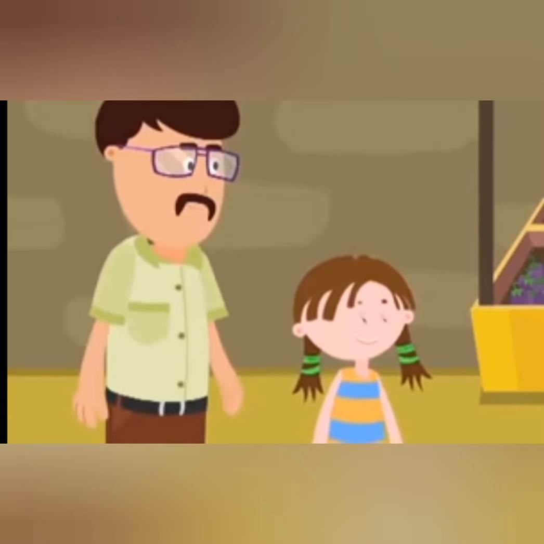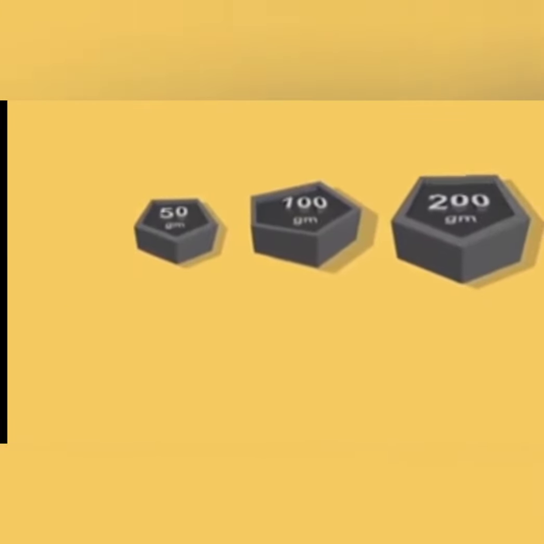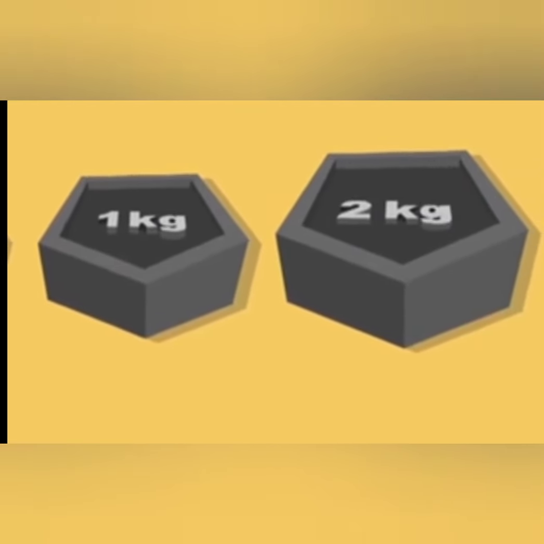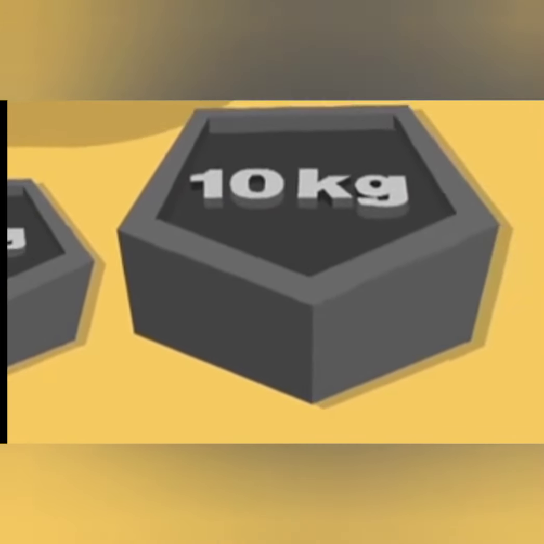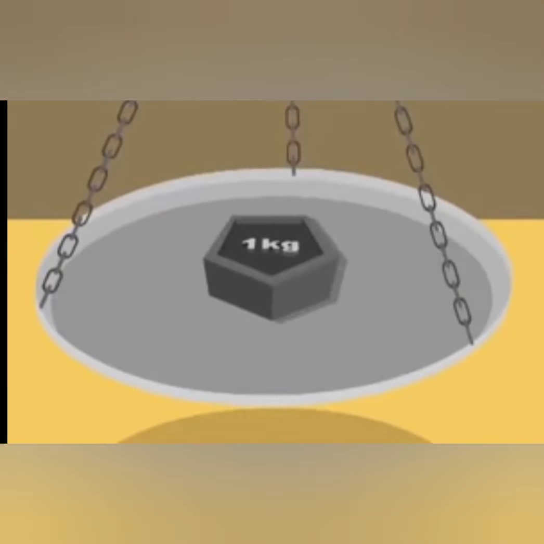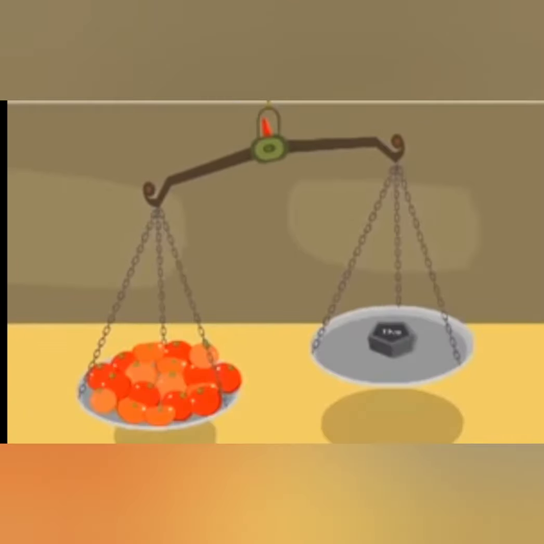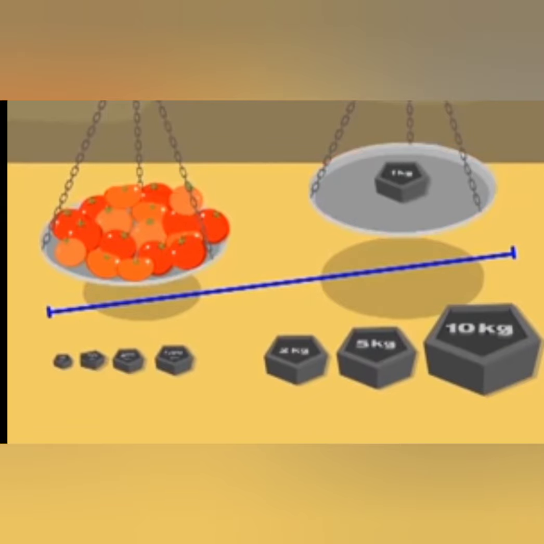Now, we have to buy some tomatoes. Raju, give us some tomatoes. She is keeping different weights to find the proper weight of the tomato. First, she keeps a 1 kilogram weight. But the pointer is towards the tomatoes, and even the pans are not balanced. The pan with the tomatoes